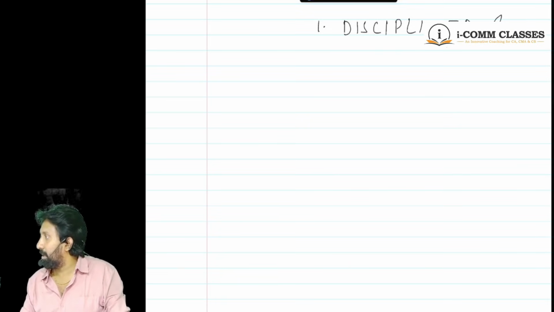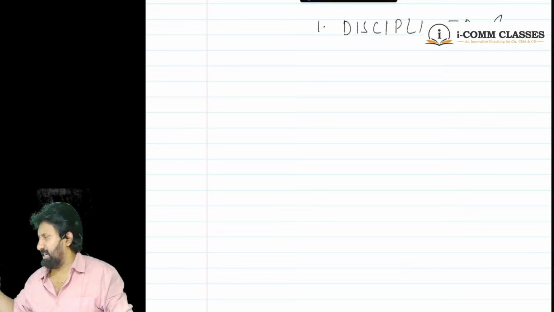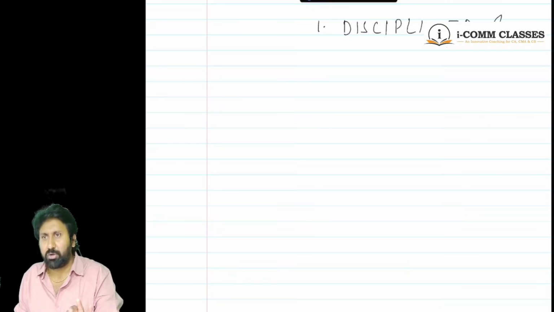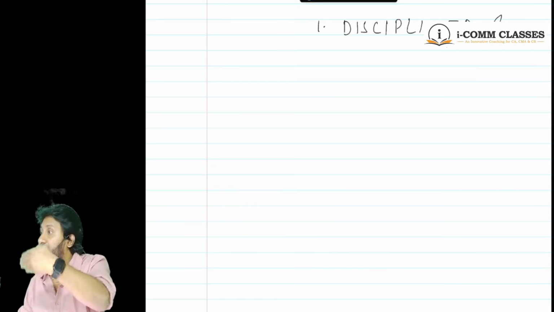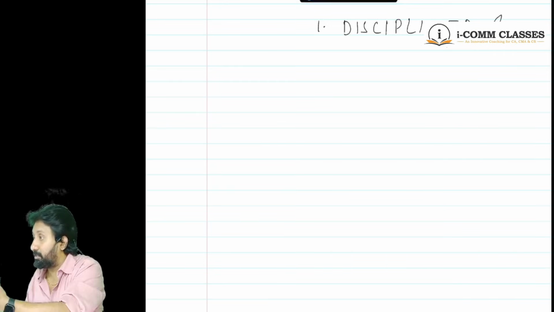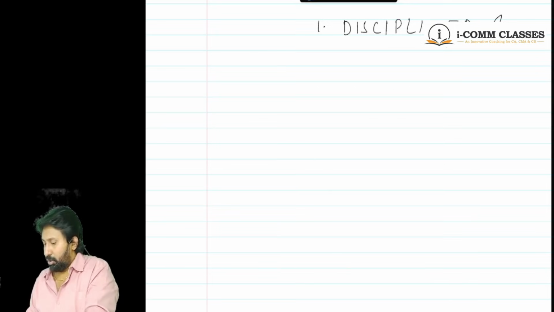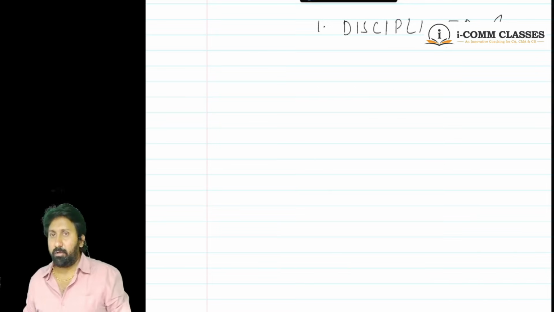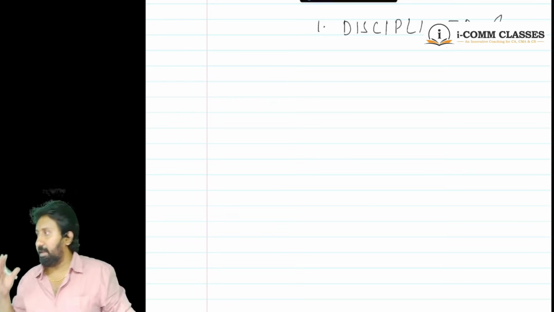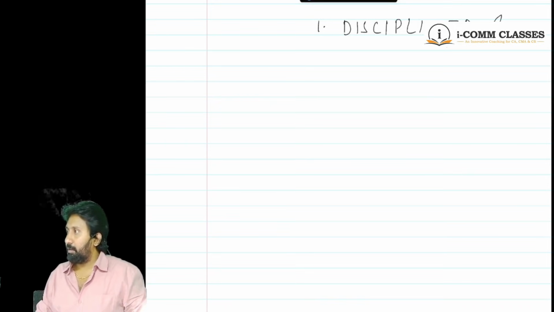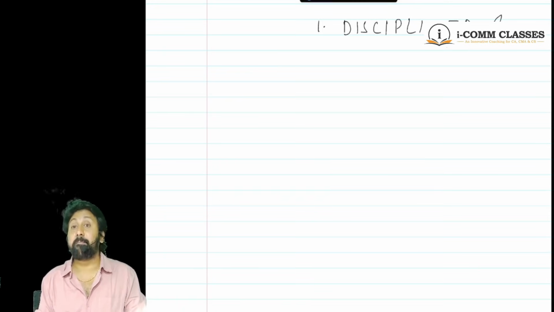Clear or not? In this course, you can't clear CA, inter, final, anything without at least 3 to 4 revisions before the exam, if it is both the groups. Listening? And at least 2 months before, 3 months before, if we start, then it will be a successful thing for you. Clear, everyone? Mainly, the thing is a disciplined study pattern.